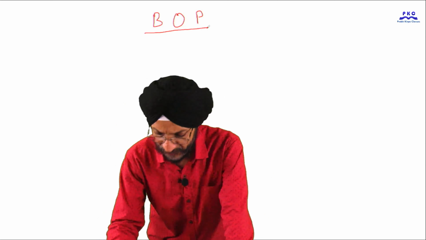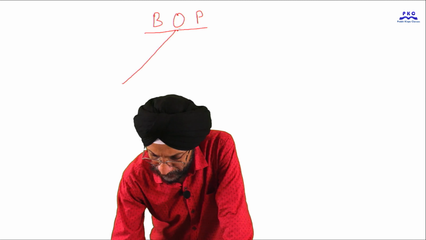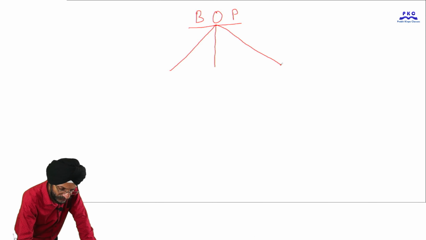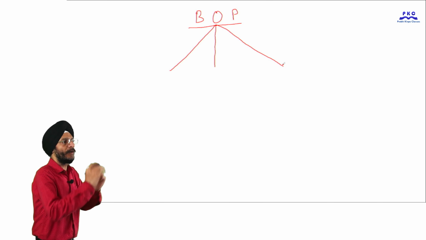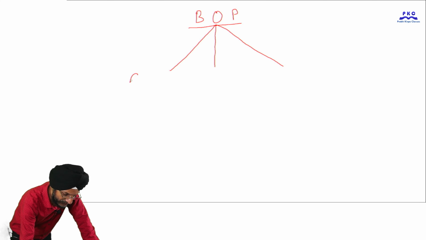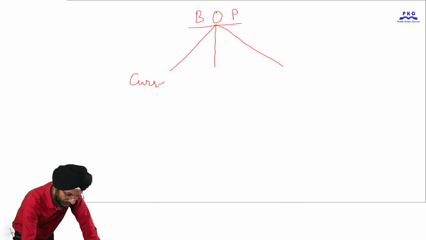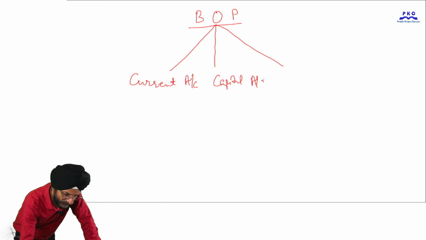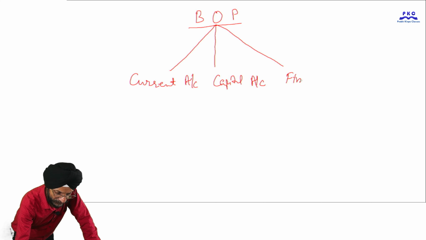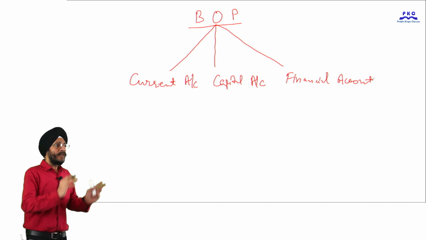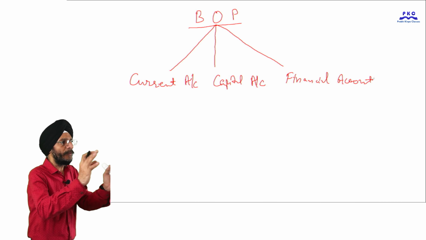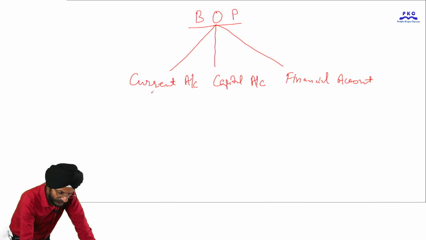You have already learned that balance of payments consists of three components. That is, balance of payment has three components, and they are current account, capital account, and financial account. Now here we will discuss balance of trade. Now this current account,